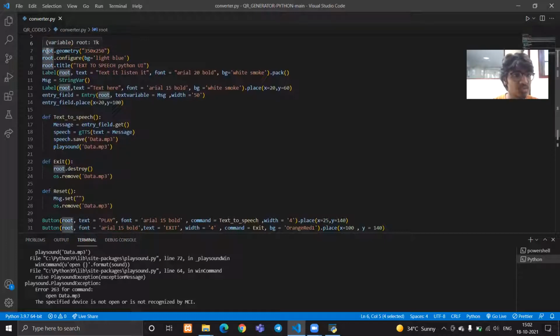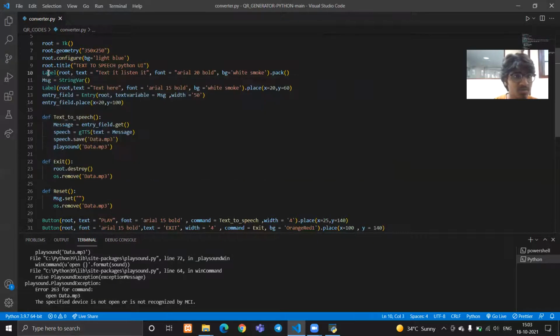Using this root, we can configure the whole window frame, which we have done here below. You can also see here root.geometry, from which we are configuring the dimensions of our GUI. Then by the .configure method, we can configure the background color also. Then we have also configured the title of our panel.